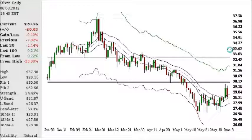It's only down a penny. And 28.56 was also the close for the end of last week. So right now, it's pretty much break even for the week as well. It's one of those interesting charts that's starting to get a little, not really choppy, although it very easily could,